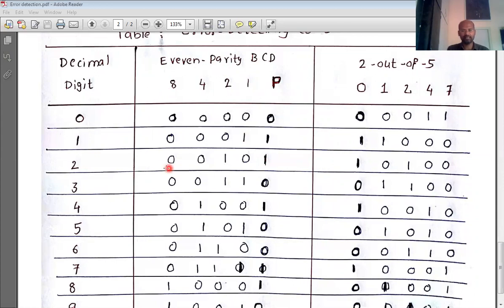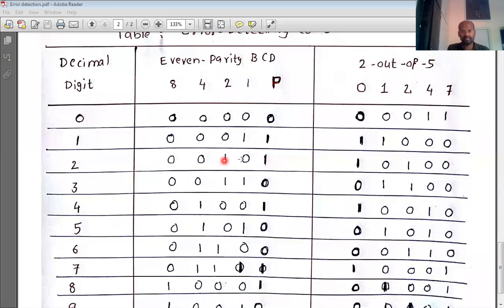Now for sending 2, we don't just send 0, 0, 1, 0. We add a parity bit, and in this place we write 1 or 0. It depends on the other bits. Finally, the total number of ones present in the 5 digits, including this parity bit, should be even.